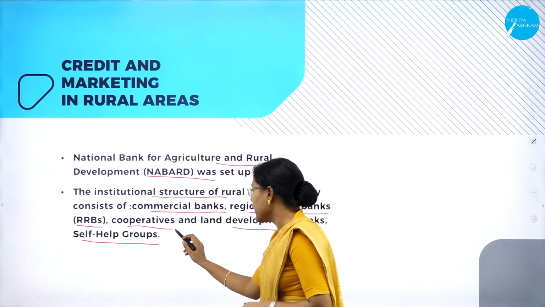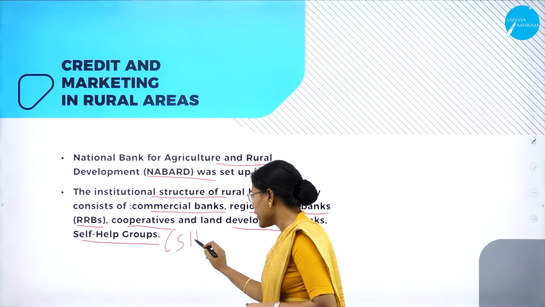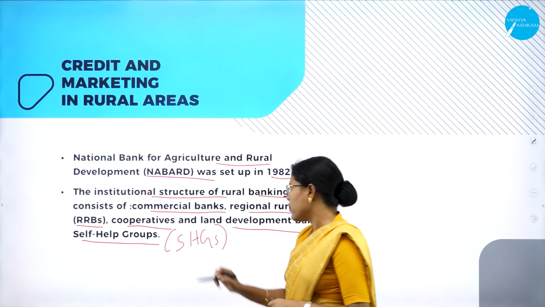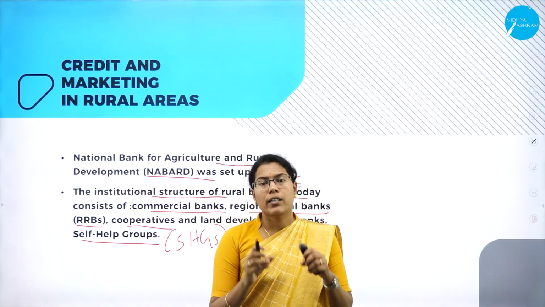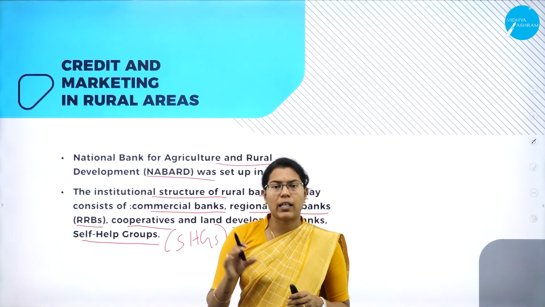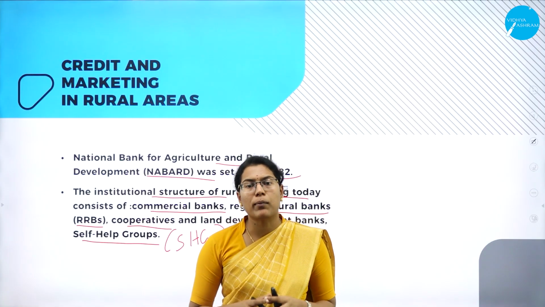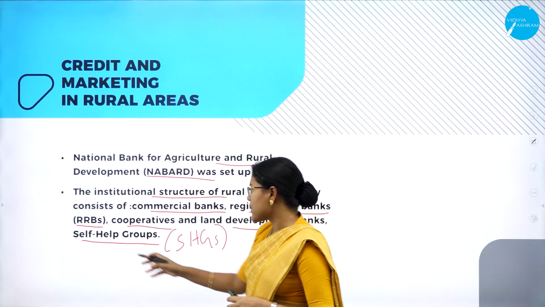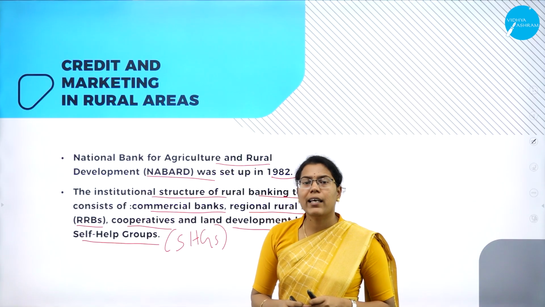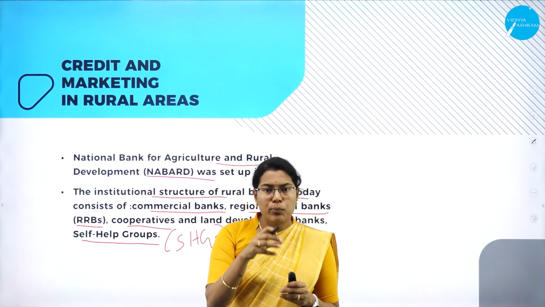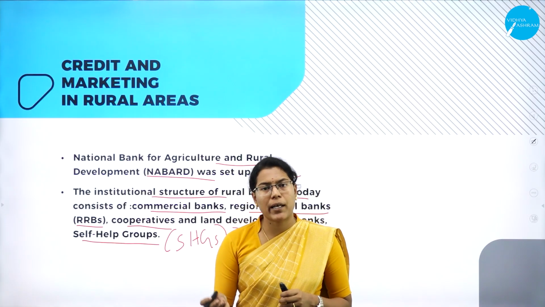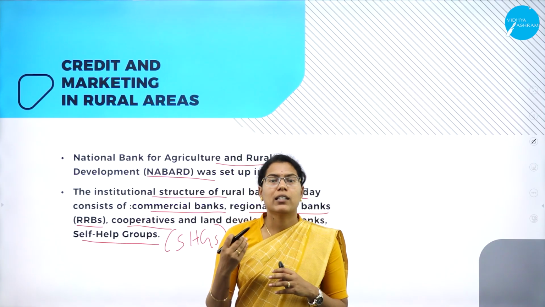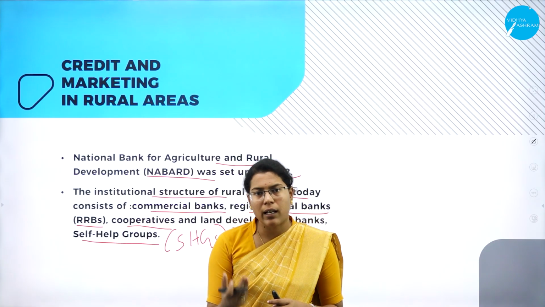It is also popularly known as SHGs, where around 20 to 25 female members of a particular village used to form a group called self-help groups, and they used to pool a small amount of money and pay it to the bank, so that in that way they were able to get a big amount of